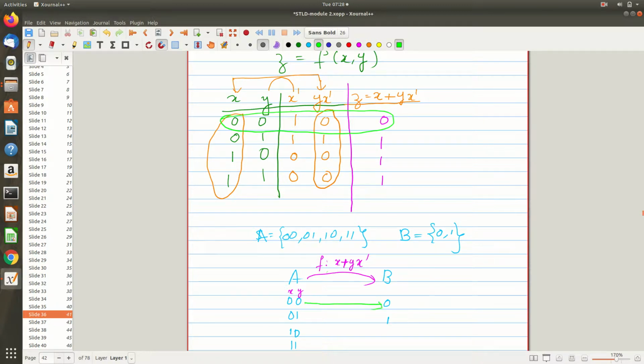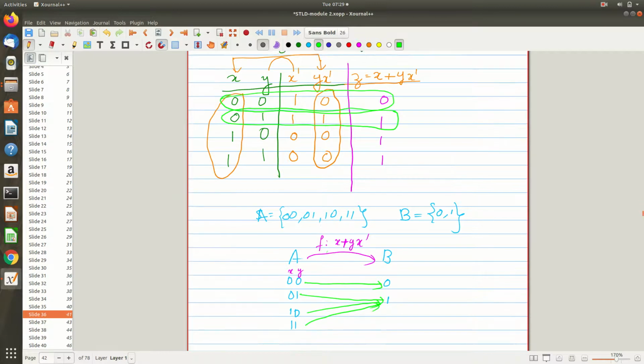Similarly, when the input is 0 1, observe the second row, the function result is 1. For 1 0, it is mapping to 1. For 1 1, here also it is mapping to 1.